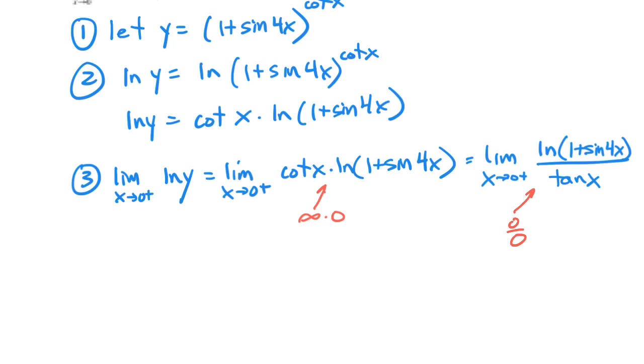So we say this is equal to, put a little h for L'Hopital's rule. The limit is x approaches 0 from the right. We take the derivative of the top. Now it looks like it could be a little messy because it is the natural log. So you take the derivative of the natural log, it's 1 over the argument, so it's going to be 1 over this times the derivative of the argument by the chain rule. So that is going to be,